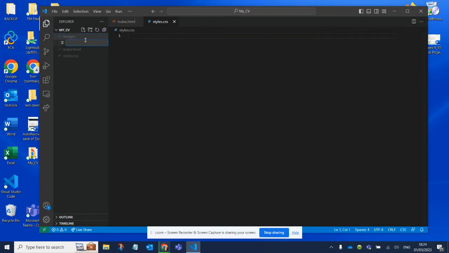I know we haven't typed anything yet, but just to show you how this works. Oh, there you go. There's a mistake I've made, isn't there? Look, I haven't selected the web folder. I still had images, the subfolder selected. So I need to now stop that. I'm going to click instead on the folder name again. So now I've got my CV selected. When I click new file,